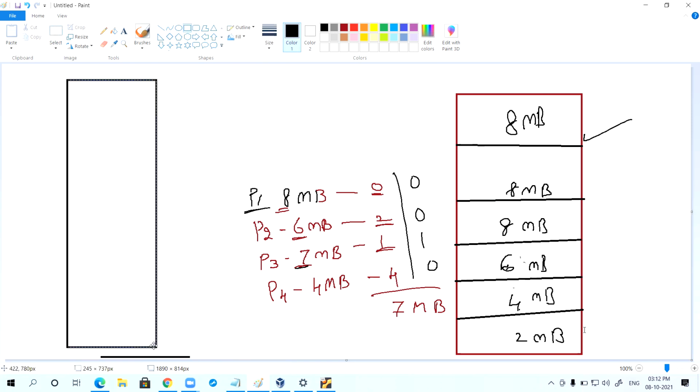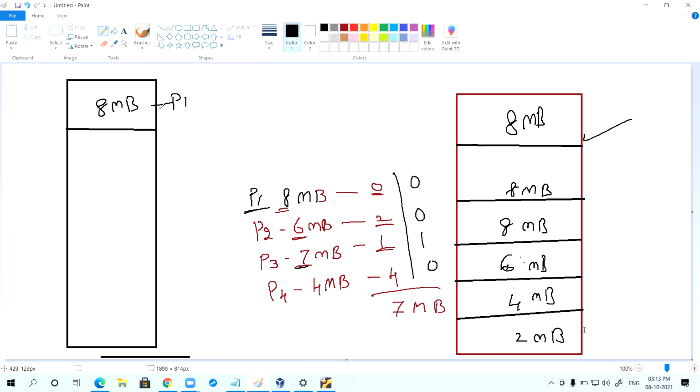Now, let's understand with this diagram. P1 process, how much memory does it require? 8 MB. Can I say 8 MB is allocated for the P1 process?